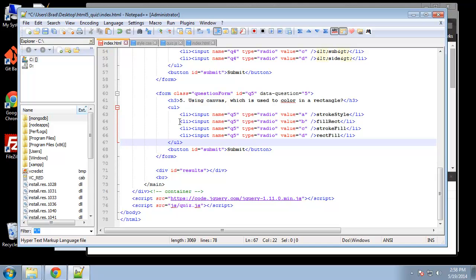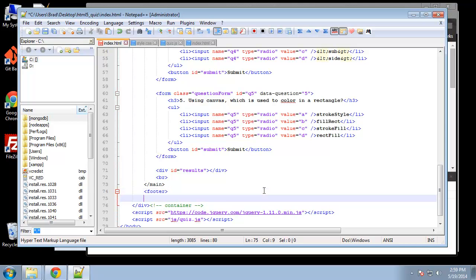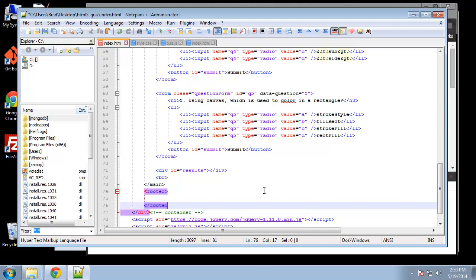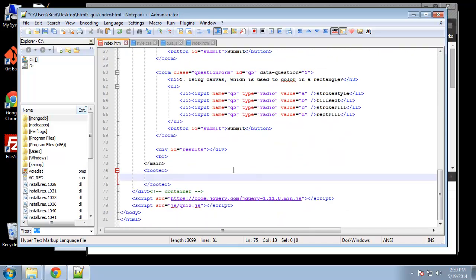Alright, one other thing we forgot is the footer. Okay, so under the main ending tag, we want footer. And then inside the footer, we're going to have some text. Let's see, let's use the pull left class. And all this is going to say is the number of questions. So total